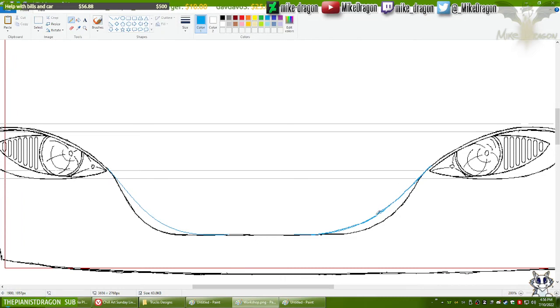If only my hand would actually cooperate and follow the line. Now let's reinforce this one over here. Is that a mosquito biting my knee? There was. Heck.